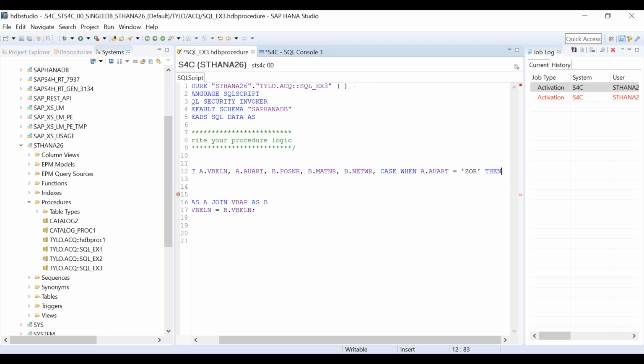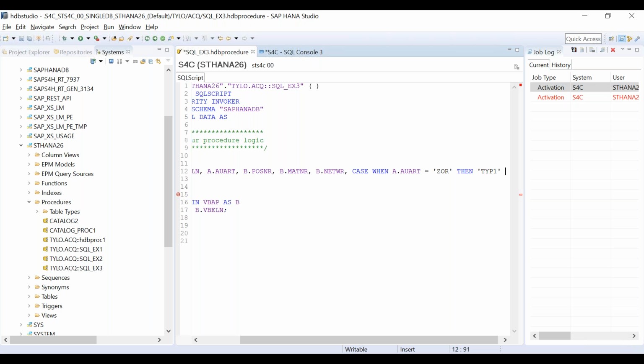Then it should write type 1, so type 1 is my description. This is case number 1. Then another case.